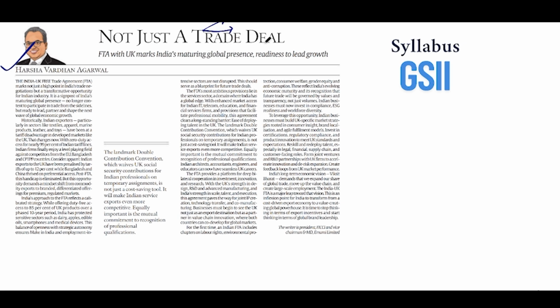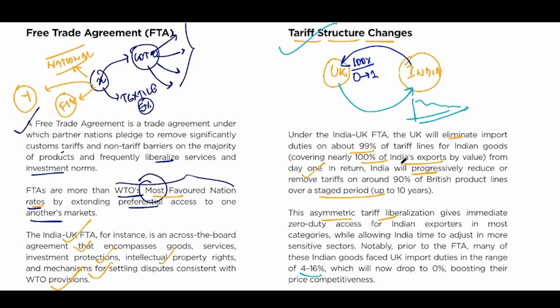The India-UK Free Trade Agreement is a major milestone in India-UK relations, which has strengthened diplomatic and economic ties as part of their comprehensive strategic partnership. Overall, from the perspective of the civil services examination, this discussion is extremely pertinent for GS Paper 2 as well as GS Paper 3, but more relevant for GS Paper 2 International Relations, where the syllabus clearly highlights effects of developed countries on India's interests.